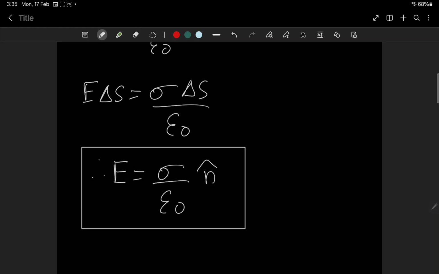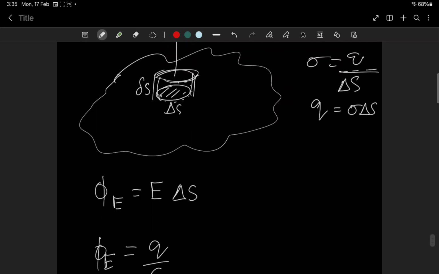The electric field on the surface of a charged conductor is sigma by epsilon 0. Sigma by 2 epsilon 0, you remember? On an infinite plane sheet, it was sigma by 2 epsilon 0. And sigma by epsilon 0 is also the electric field between the two plates of a capacitor. So remember, you should connect and study all these things. You should remember each equation separately also. Don't get confused.